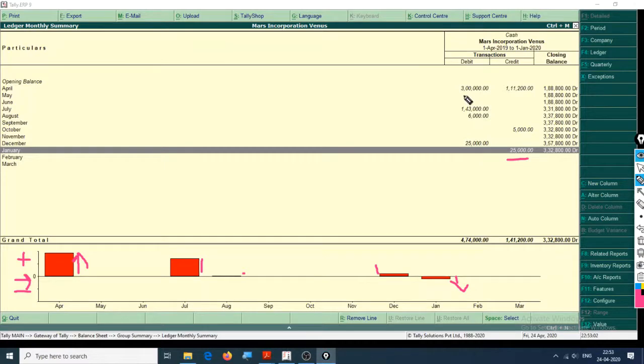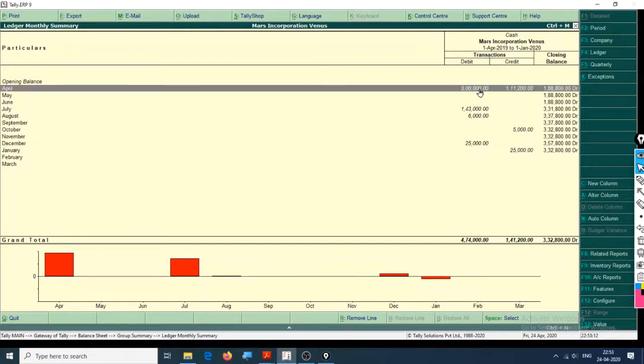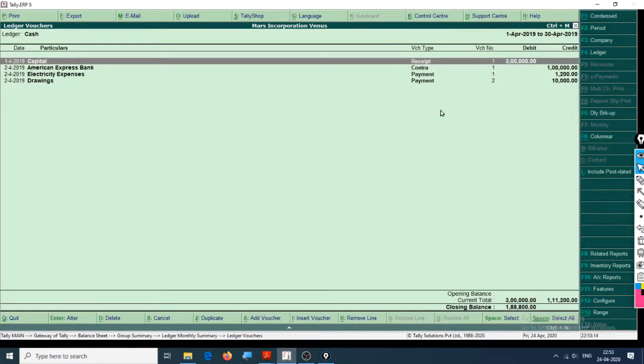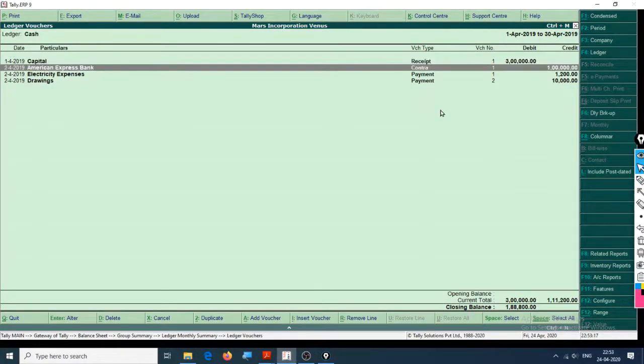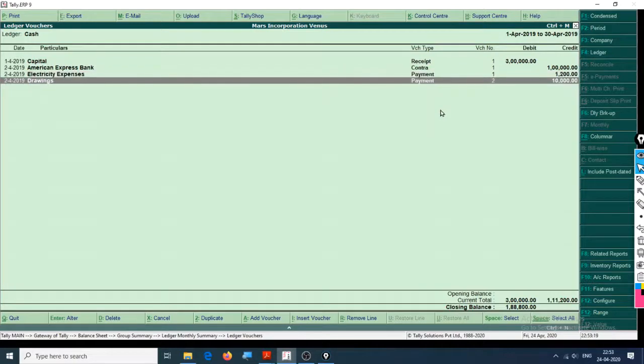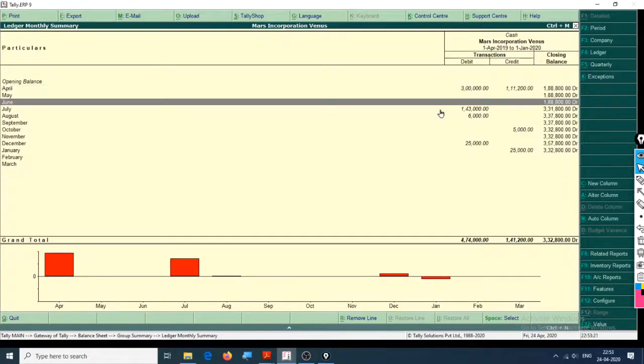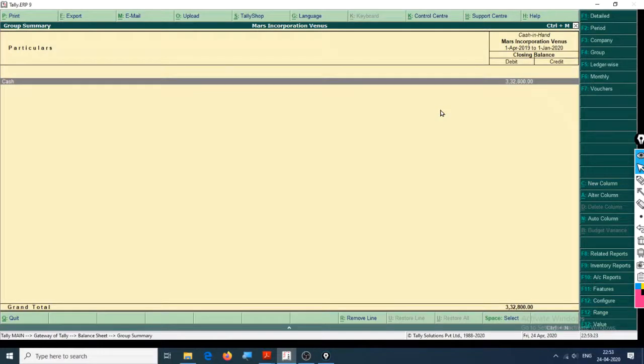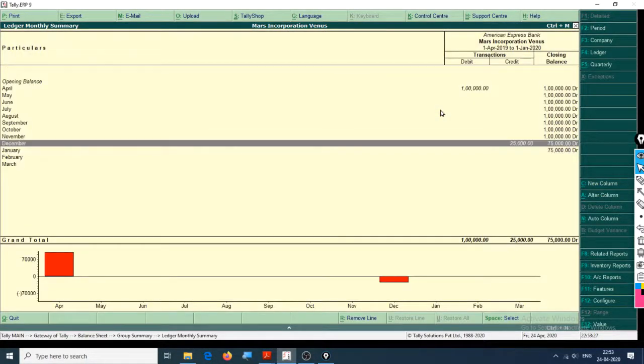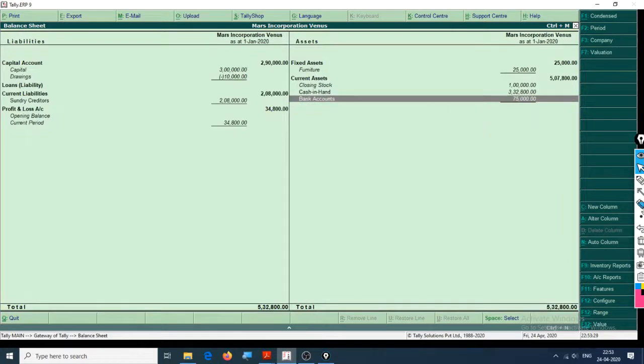So these are the entries. 3 lakh was debited, 1 lakh 11,200 was credited. Let's open it and see which entry it is. So there are various entries: 3 lakh, 1 lakh, 1200, 10,000. So now you know what it is. Bank account.